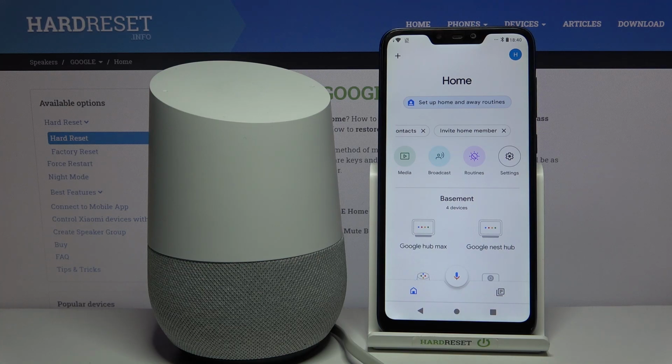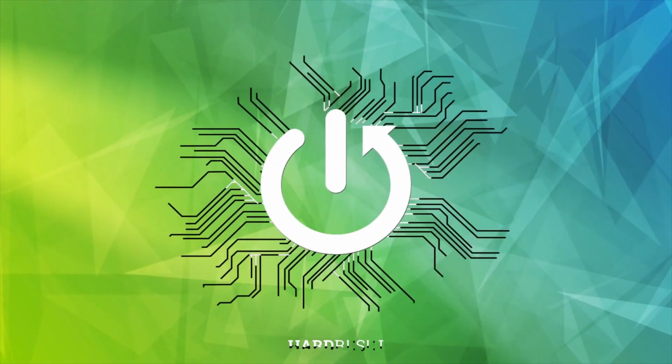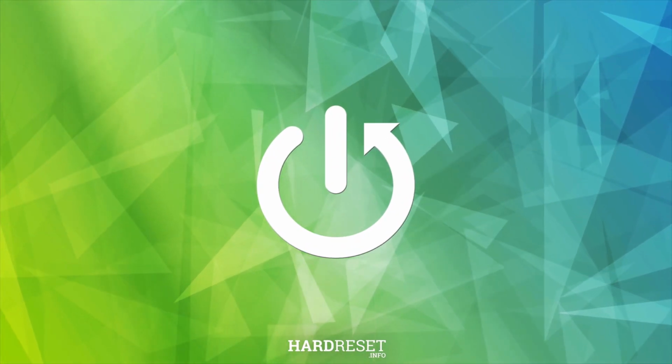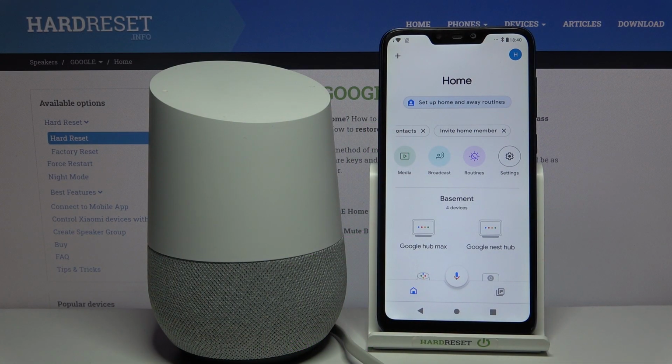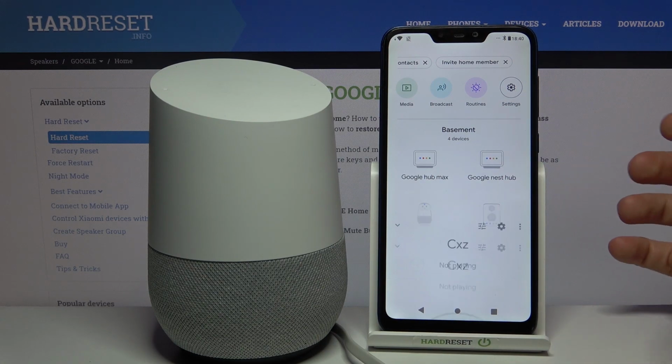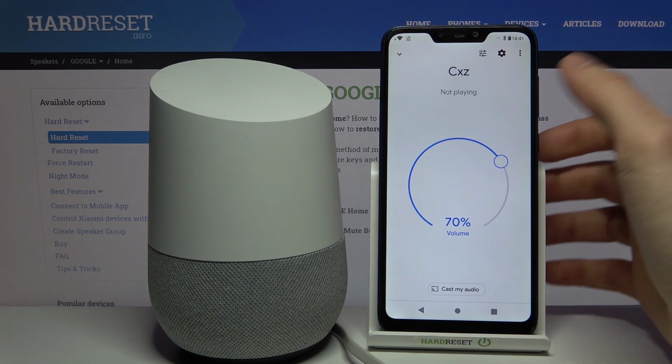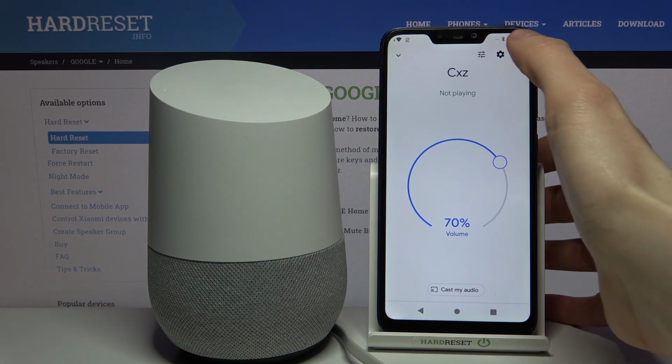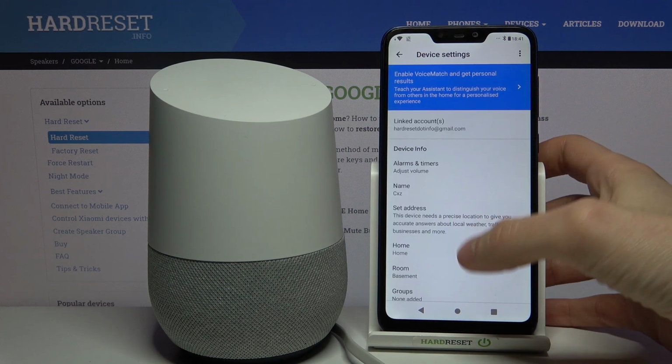Here I have Google Home, and today I'm going to show you how to change devices preset room. So you can change your room mode here. Firstly, you have to access your device at this Google Home app, then go to its settings, and here you